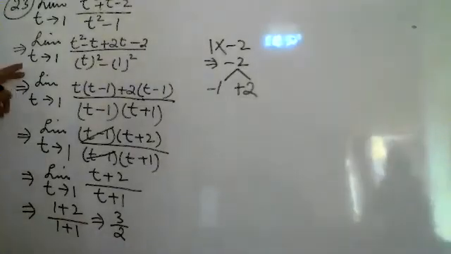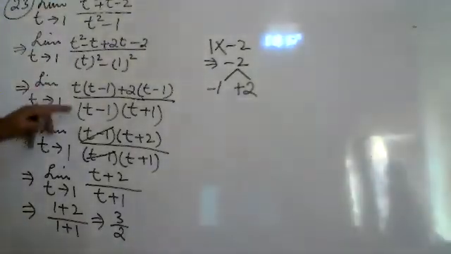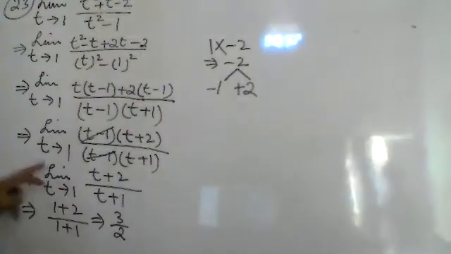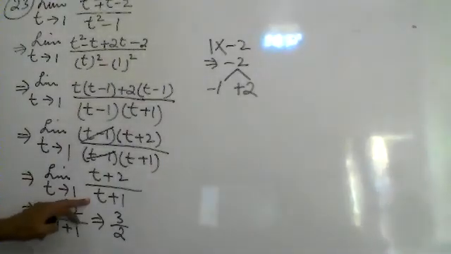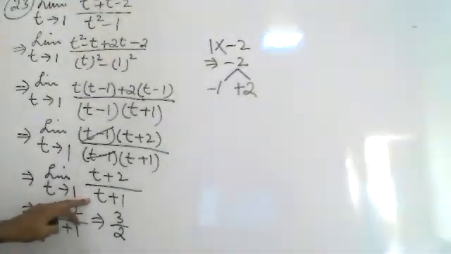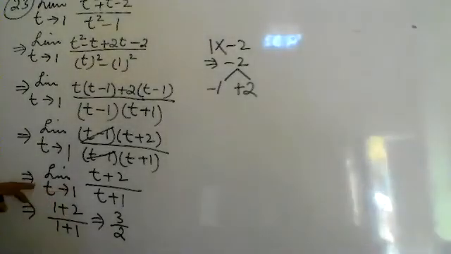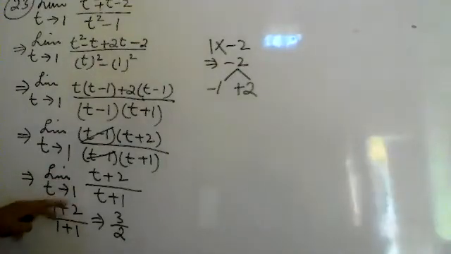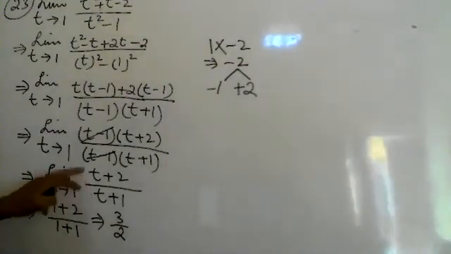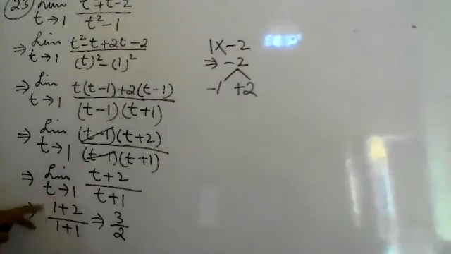And you can notice, as long as t is there in the expression, I have written limit t tends to 1, up to here. Until t is there, we wrote limit t tends to 1. When I substituted, I replaced t by 1, so there is no need to write limit. But until t is there in the expression, we must write limit t tends to 1.